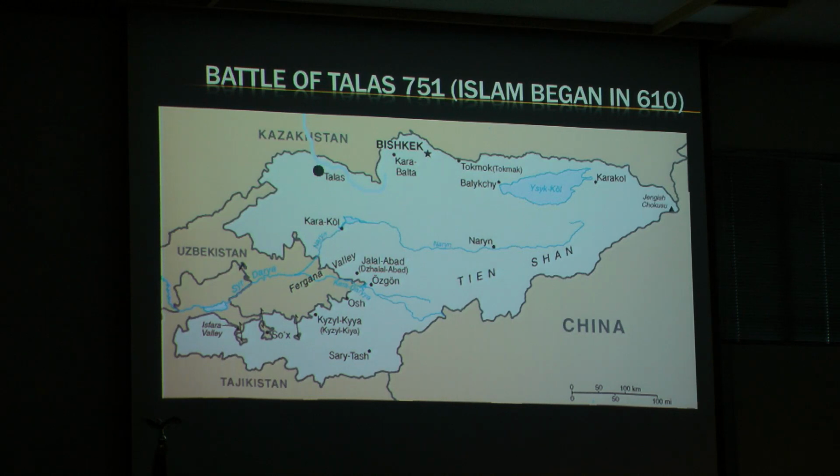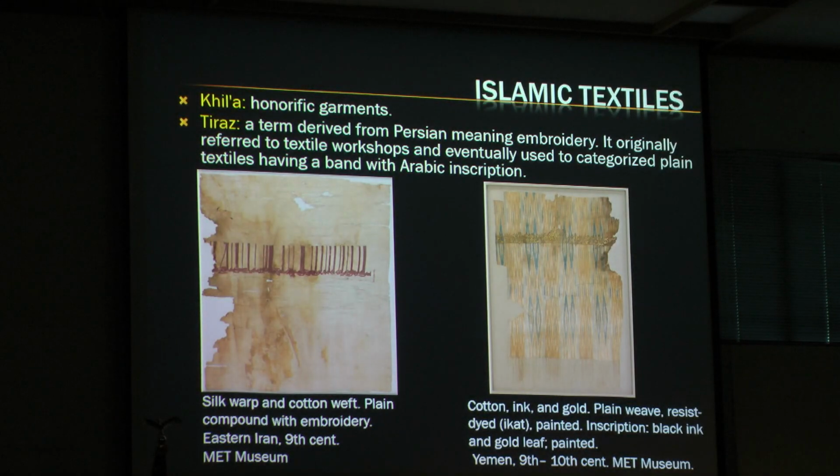So the Battle of Talas also marked the beginning of the Islamization of Central Asia. The old textile workshops began to produce new compounds according to Islamic rules. Two are the main types of garment or textile that were produced, the khil'a or honorific garment and the tiraz, a term that derived from